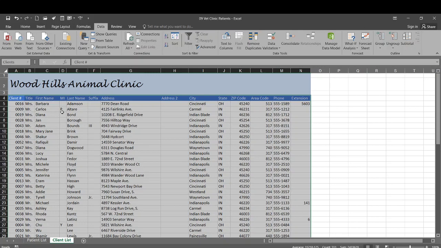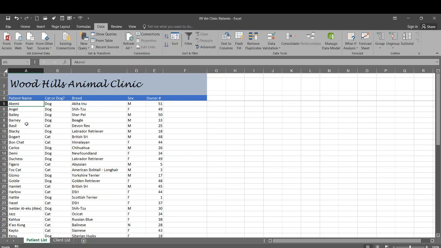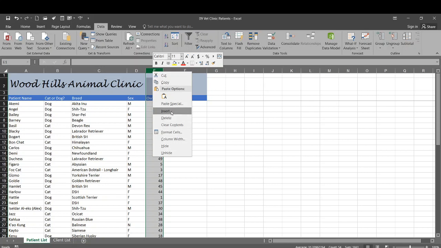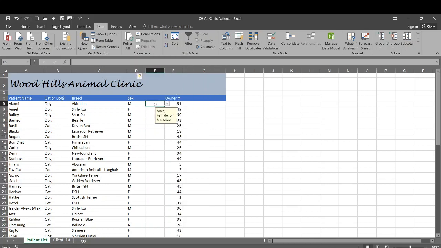We want to go to the patient list worksheet, so back over here to this one. We're going to go to column E, right click, and click insert. So we're going to put another column in here, and we're going to call this column